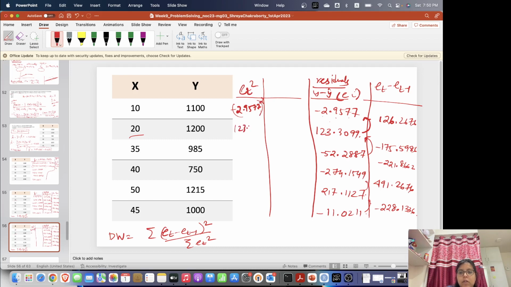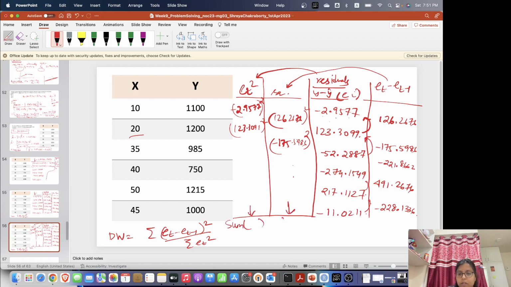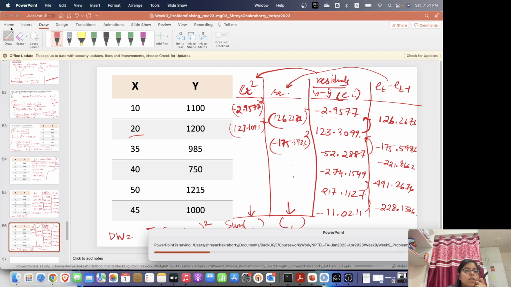This will be 123.3099 whole square, and so on and so forth. This will be squared, and this column again we are going to square. So this will be 126.2676 whole square minus 175.5986 whole square, and so on. Then we are going to take a summation of this column and this column. This one will be the denominator and this one will be the numerator. Okay, so after all of this,